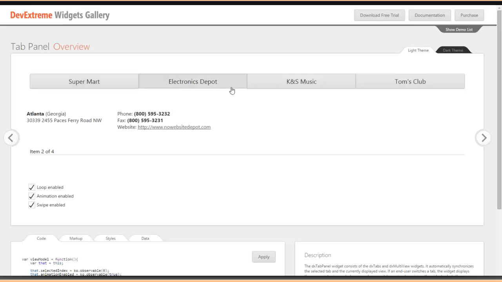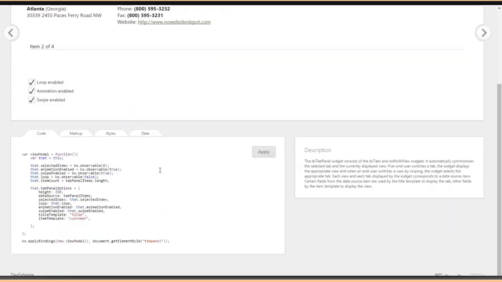I mentioned in the first slide that I've got full control through templating as to the look and feel of the tabs themselves and also the content inside. If I wanted to, I could turn off the animation so that when I move to it, obviously with a browser and my mouse it's a little bit different, it's just going to switch directly between those elements. Implementing the tab panel,